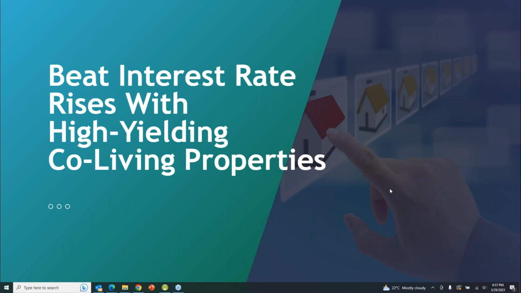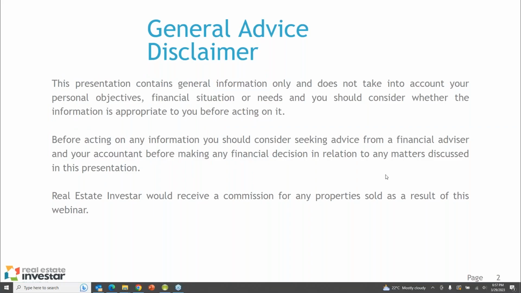So obviously, as current property investors, we're affected by the recent rate rises. They have definitely affected our cash flows and our returns, our yields on our properties. And tonight we're going to show you a great concept and a way of really overcoming that and changing that, improving the cash flow and the yield of that property.